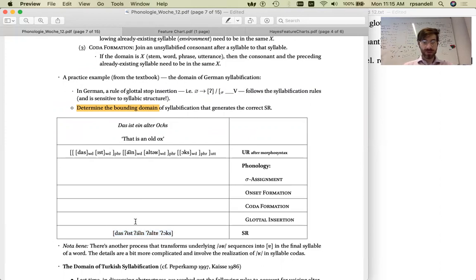can see here a number of glottal stops, which, when we compare this to our underlying representation with the following morphosyntactic words, das ist ein alter Ochs, trying hard not to pronounce the glottal stops here, we have a number of glottal stops being inserted. So if we apply our